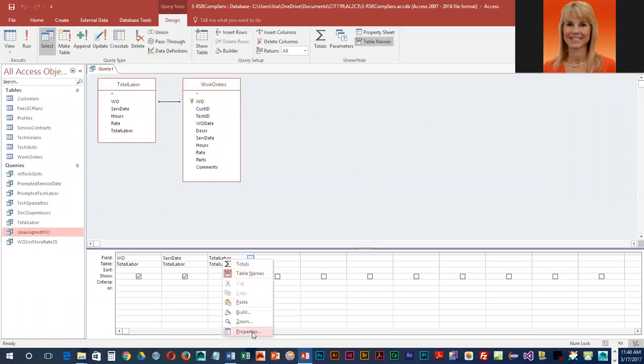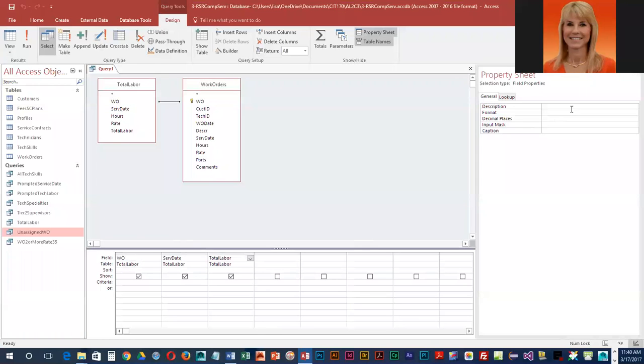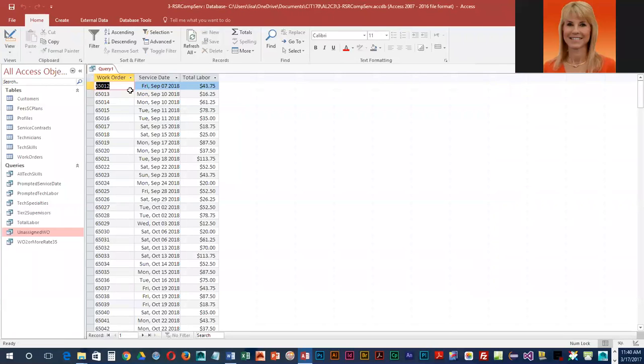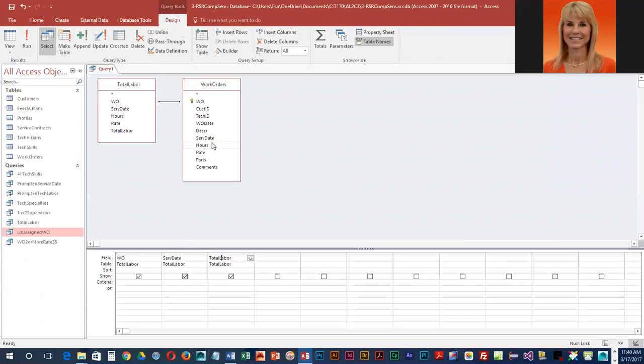So if we just right-click and go into Properties, go into Format, and we can pick currency. And then let's run this and take a quick look. It does indeed work. So let's go back into Design View because we're not done. And for work orders, what they would like us to do